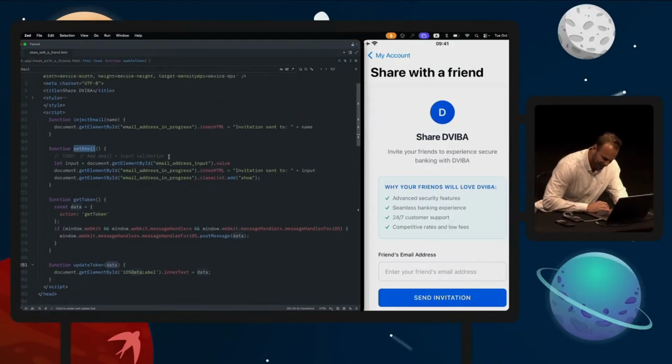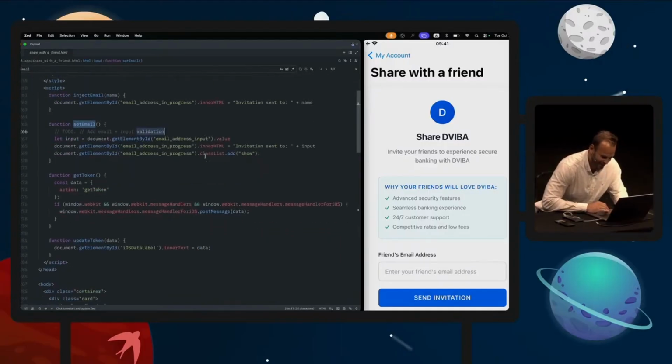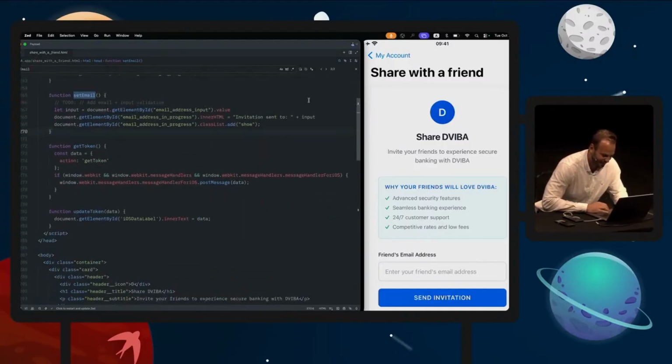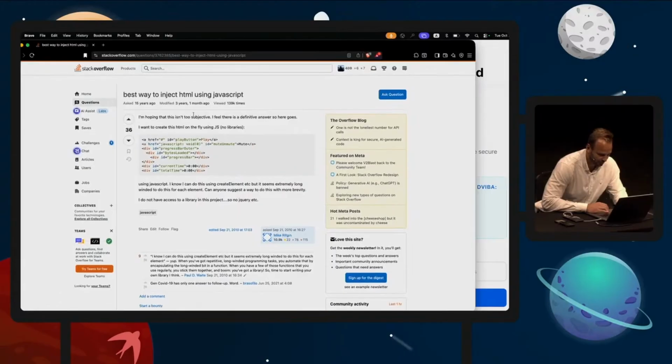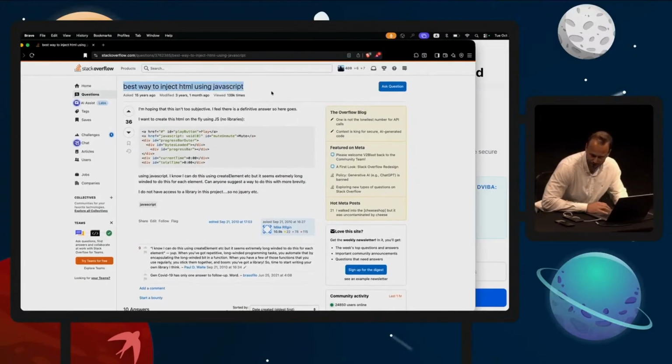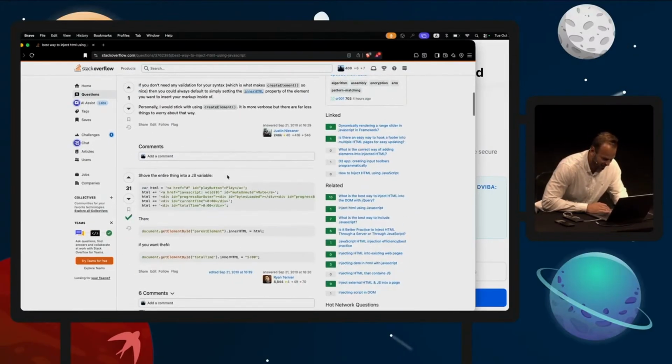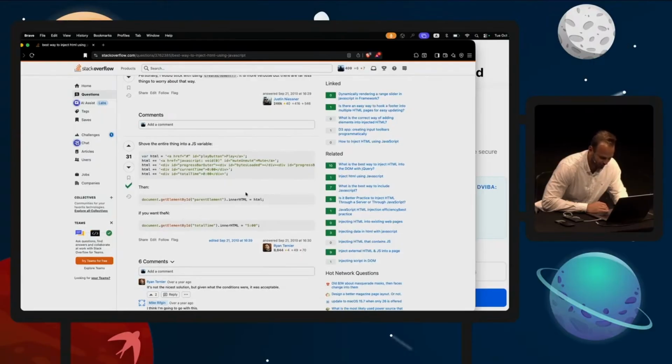Okay, so here is actually something also interesting, and we see we want to do at email plus input validation. Okay, that's definitely something we can try, and it uses inner HTML. So if you think that this is something non-standard, then let me just show you the best way to inject HTML using JavaScript. And here is the accepted answer, which is inner HTML. And there is nothing about input validation. And we, iOS developers, don't necessarily have to know all the implications of implementing something in a web view.